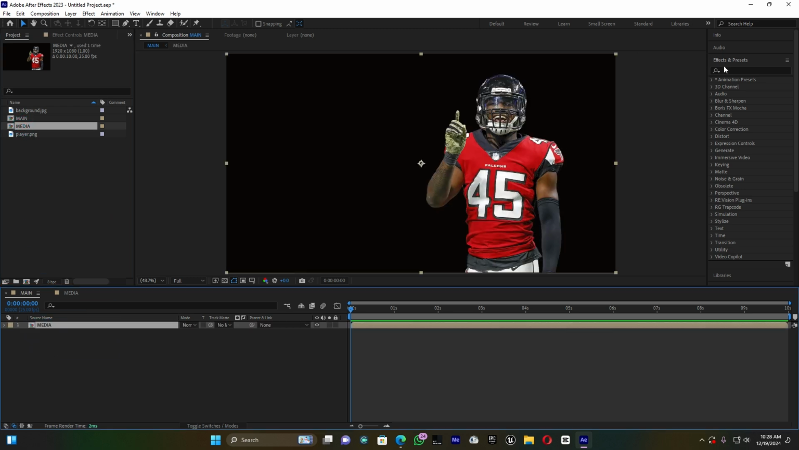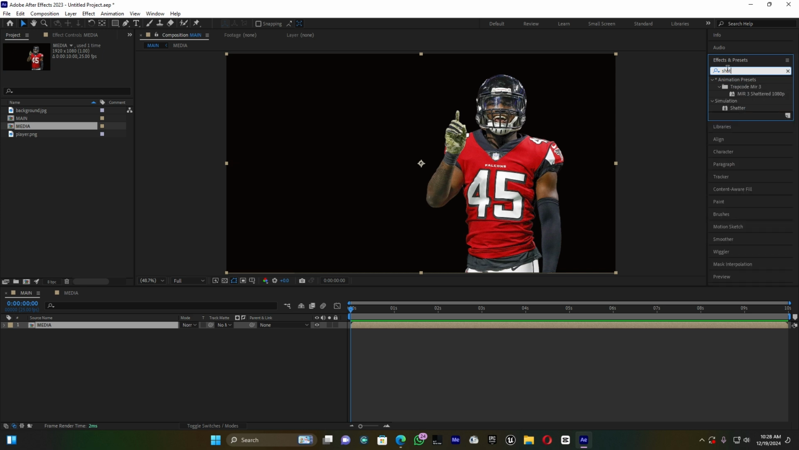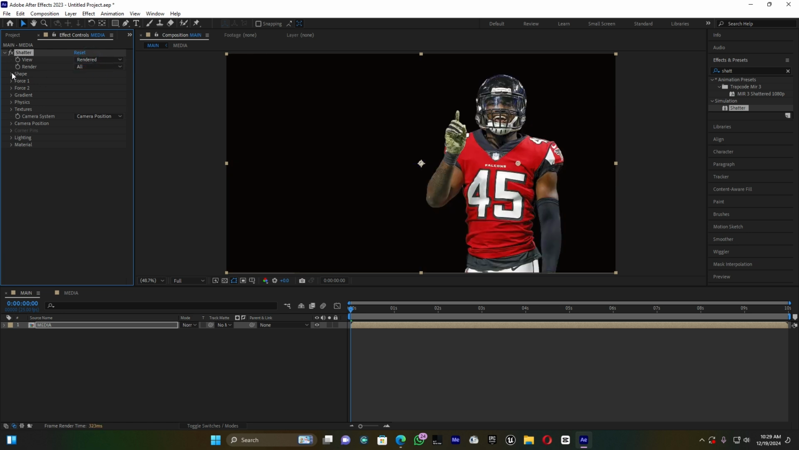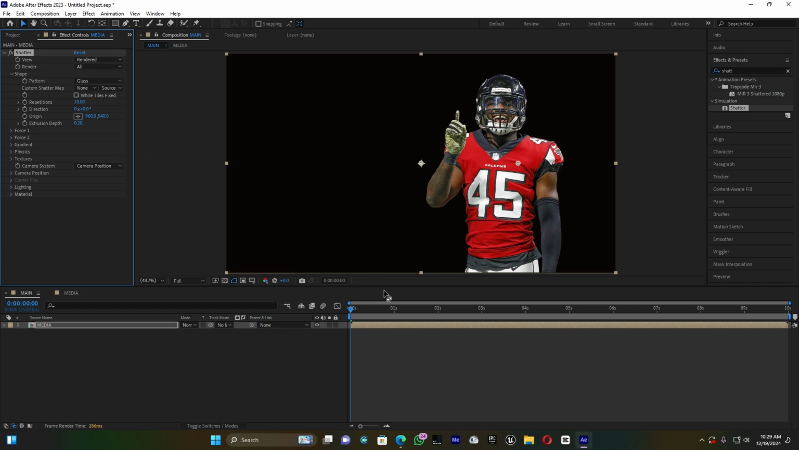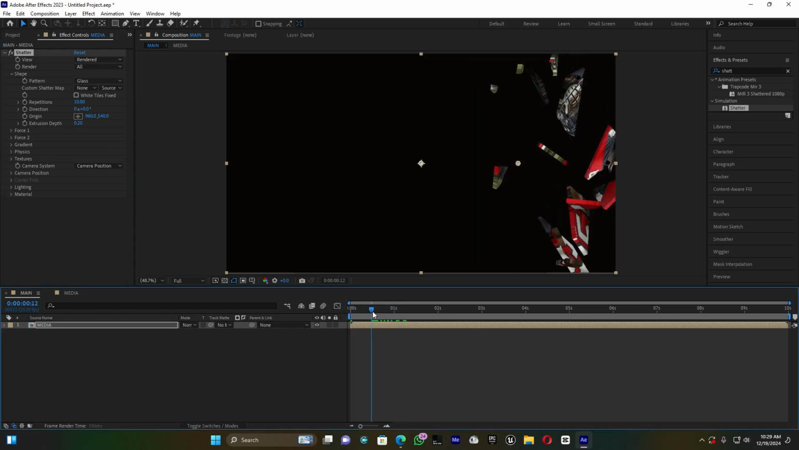Okay, and let me go here to effects and I'm going to search for the effect called shatter. So drag this shatter and then drop it here on this media. You see what I get. So come here to the shatter settings and then choose render view. Okay, and then open this shape, then for this pattern you have to choose glass. And so when you play, guys, you see how my PNG layer